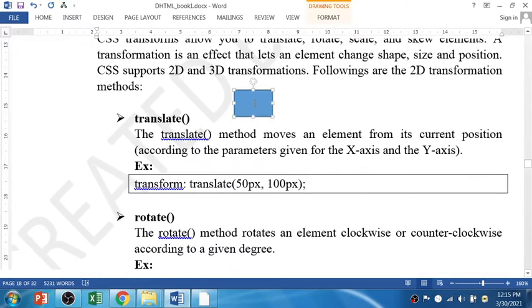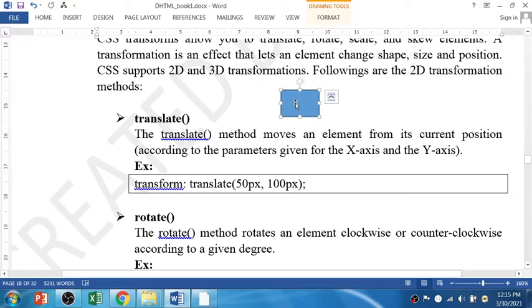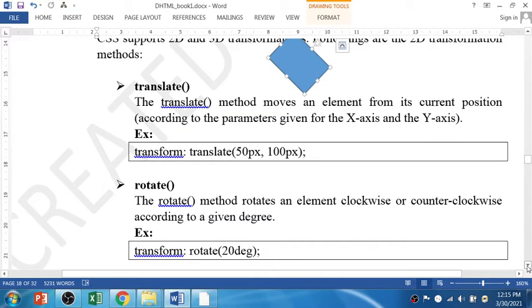So this is the original position, right? If I move the position from the original to this, let's say to this position, so this is the translate method, right? Then if I rotate, so this is the rotate method, right? Then scale, the height scale and the width scale. So this is height and width, that is the scale effect. And the last, that is the skew effect,